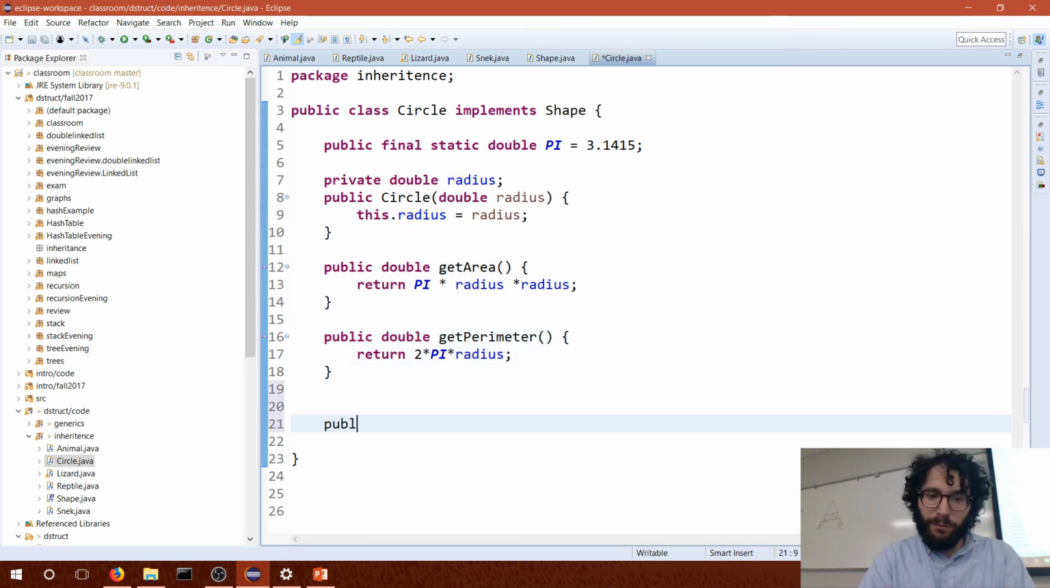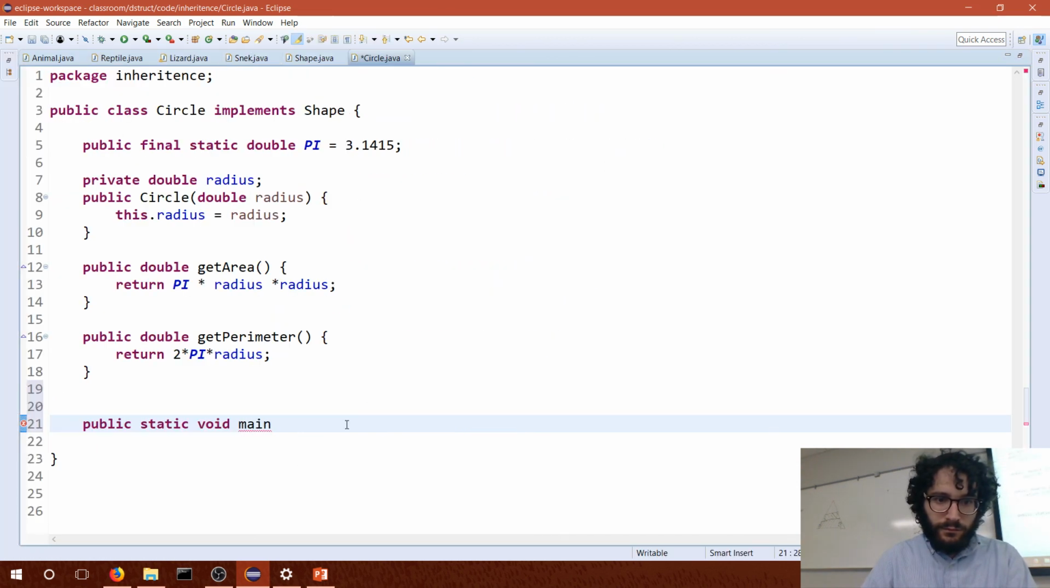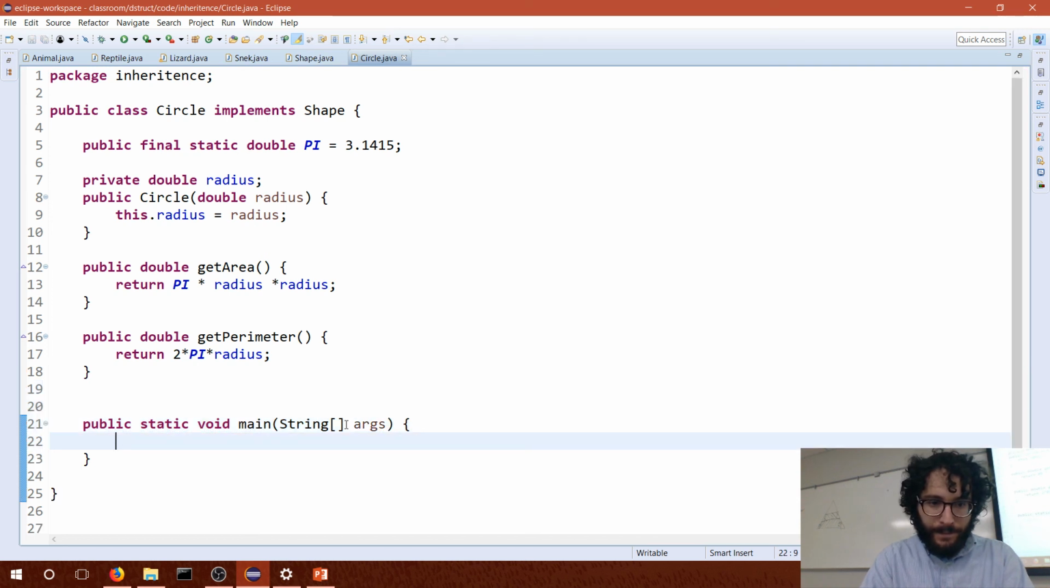So let's go ahead and just make a public static void main, String args. And so we can say Shape s is equal to, and so we can just do this like we would normally do any kind of polymorphism. So we create a shape variable that we can fit any sort of thing that is a shape into there. Now, we can't create a new shape because a shape is an interface, right? A shape